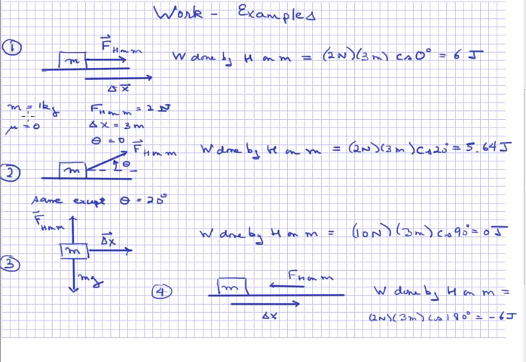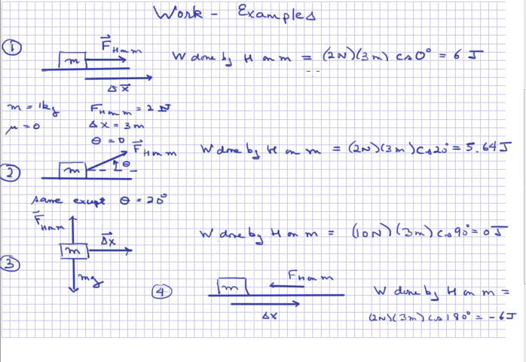So let's just say that the mass was 1 kilogram. The force of my hand on the mass m is 2 newtons, and the displacement to the right is 3 meters. And as you can see from this picture here, theta is equal to 0. Delta x and F of h on m are parallel to each other. So in that case, the work done by the hand on the mass,